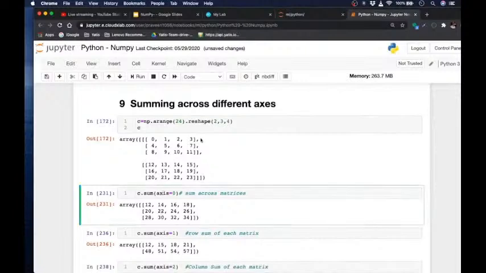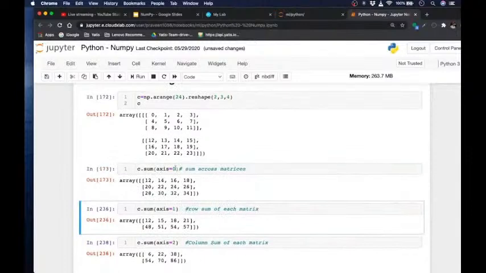So I have, please note, three dimensions, or that's called three axes. Okay, I've got three dimensions, but instead I call them three axes. And I can say c dot sum with axis equal to 0. If I do this, what it has effectively done is look at the first dimension, you can see this, the first dimension, that's 2, that's what I'm accessing here. So it basically added both these